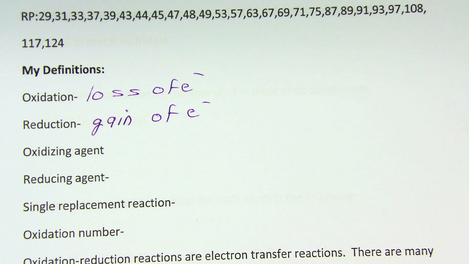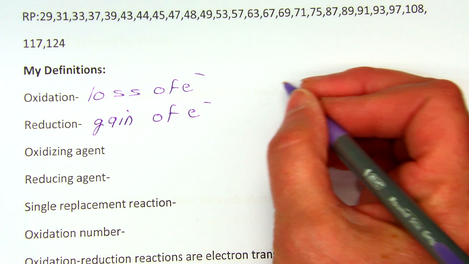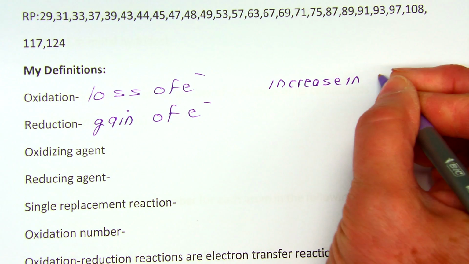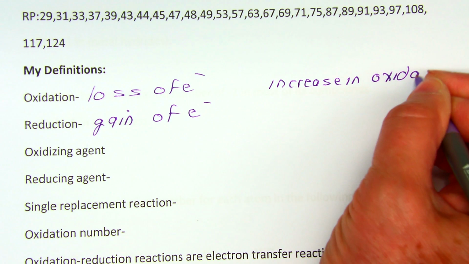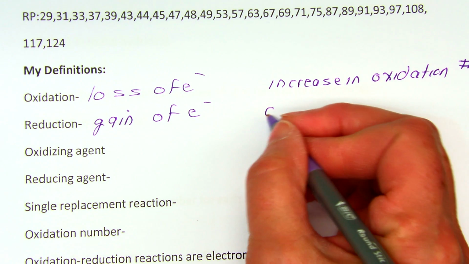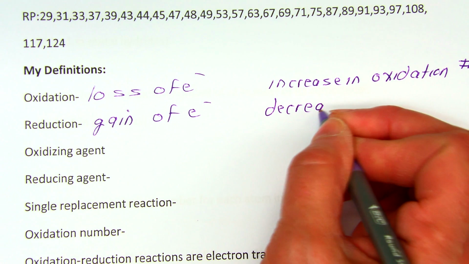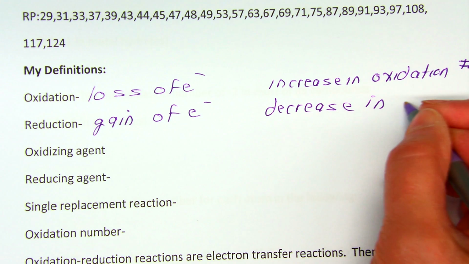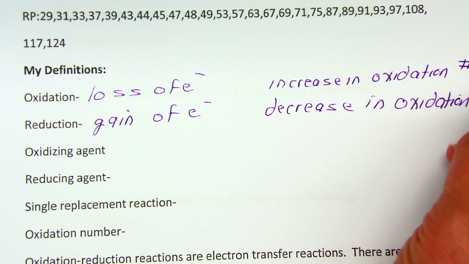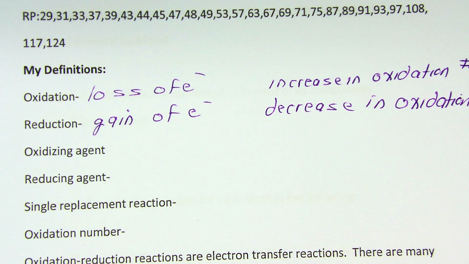Because there are other ways to define oxidation and reduction. Oxidation can also be defined as an increase in oxidation number. And we'll talk about that in a couple of minutes. And reduction is a decrease in oxidation number. And we're going to look at defining oxidation and reduction both ways so that you can identify it as you're